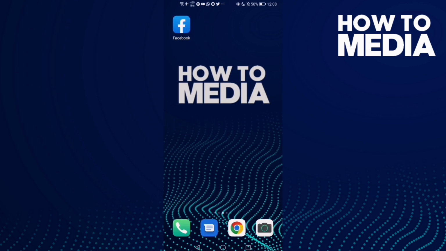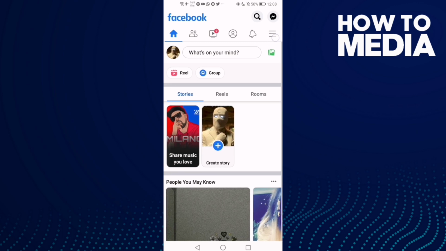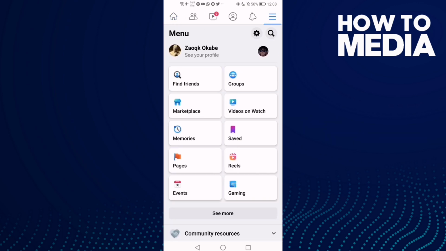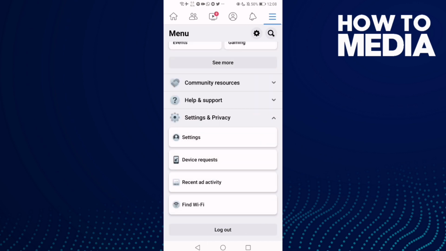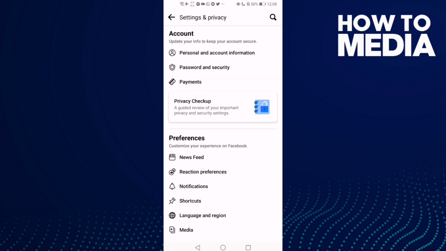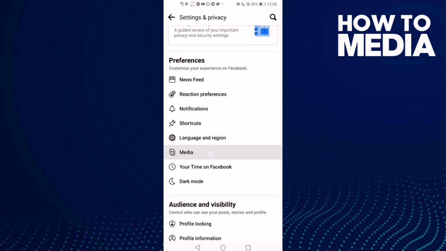First thing we're gonna do is go to Facebook and now click these three lines here and go down and click settings and privacy and then click settings and then go down and you will find here media. Click on it